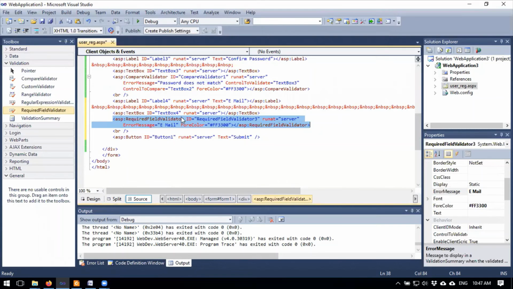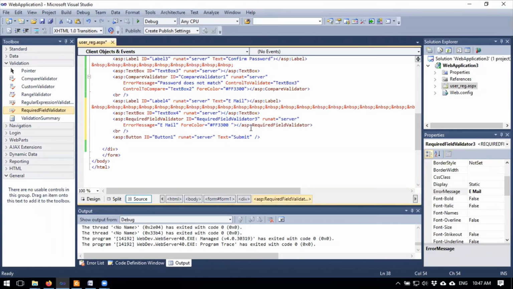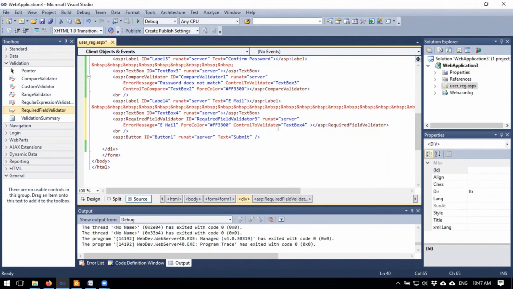Now go to the source, control to validate, text box 4. This is the control to validate.